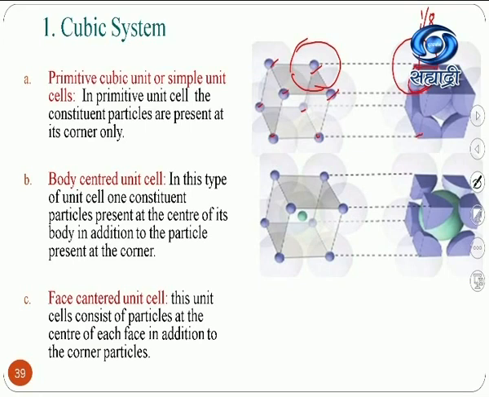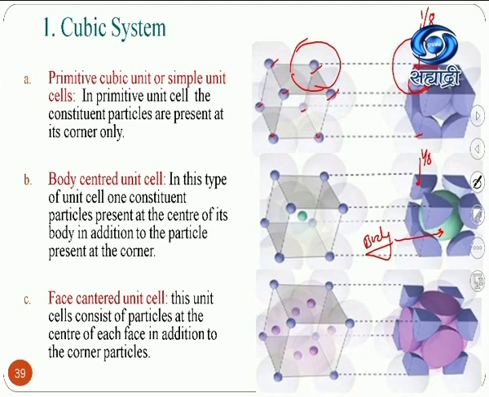Similarly, for the body-centered cubic crystal system, this portion is again 1/8 of the sphere, those present at the corners of the cube, and at the center of the body, that is the green sphere you can see, which is present at the center of the body. That's why this type of crystal system is called a body-centered crystal system. Now, the last that we have discussed is face centered. Again, that is a 1/8 portion. It comes from the spheres present at the corners of the cube, while the 6 spheres are present at the centers of the faces. Correct?